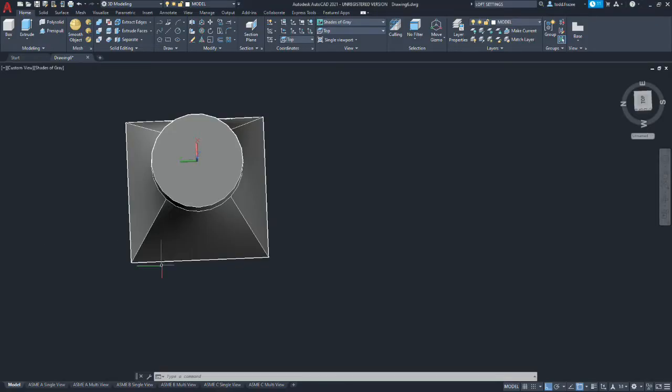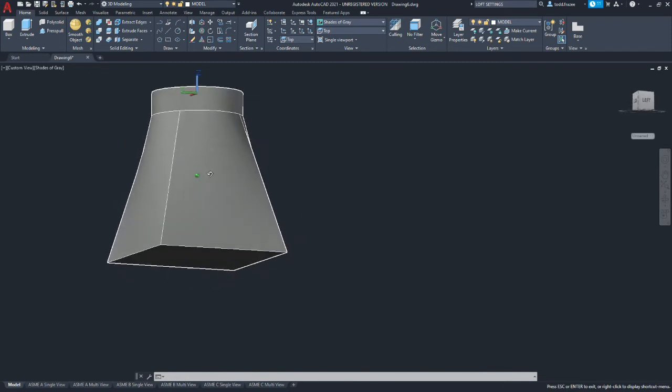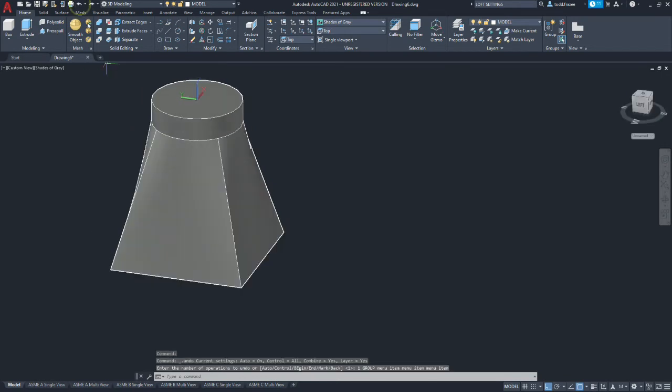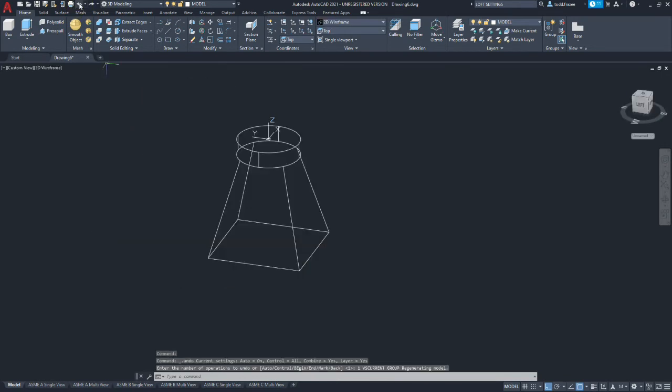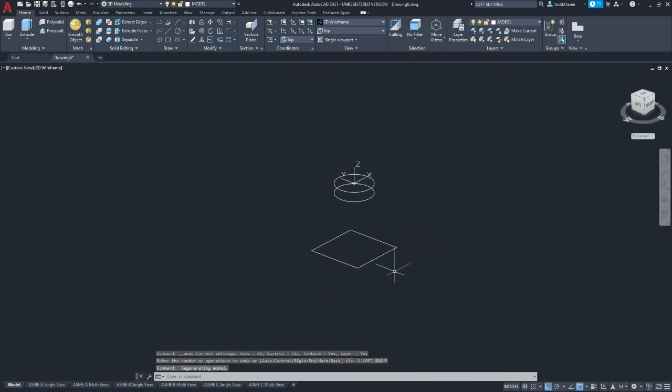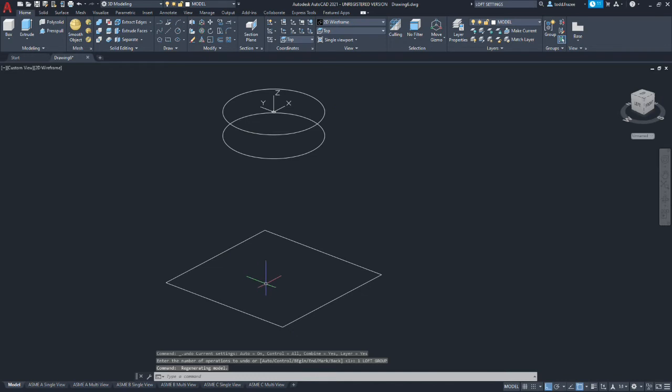Okay, so let's go back to AutoCAD. So this is not what we want, it's close. So what we're going to do is we're going to just hit back up until our solid disappears here. Okay, so we're back to our geometry. What we need to do is create some curves that we loft between the sections, but the guide curves control what's going on in between. And to achieve what we have in our drawing, we need to do some construction geometry.